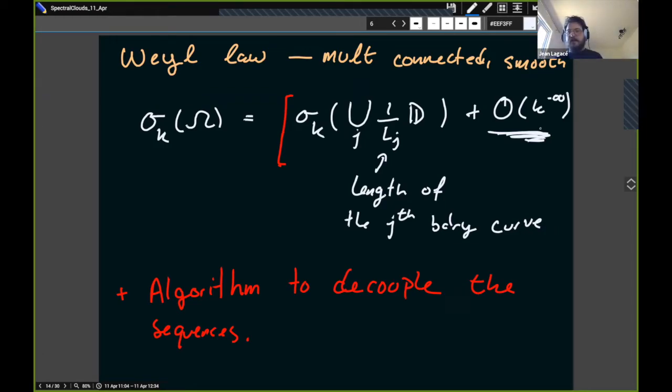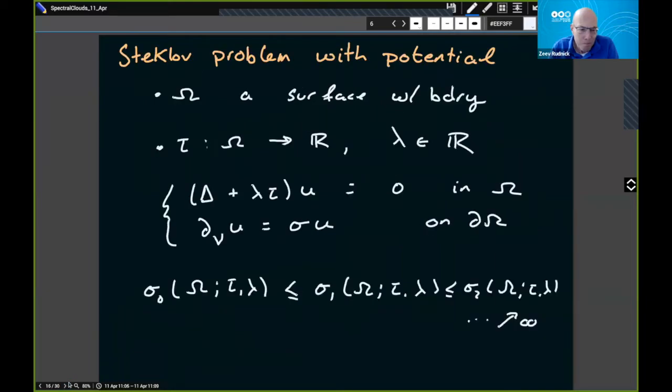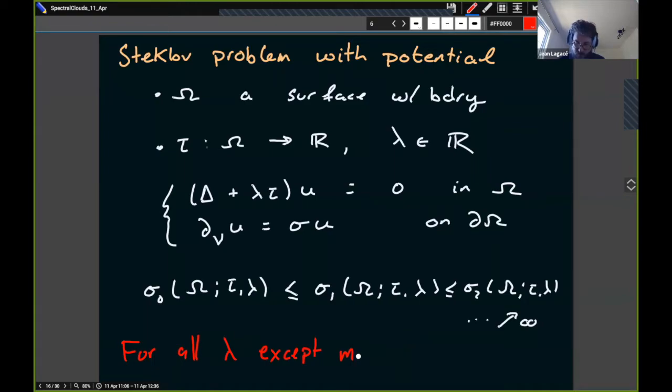But this decoupling can actually work as soon as you have a perturbation that goes to zero as the parameter goes to infinity. It doesn't need to be that small. Which is actually important in the decoupling that will happen with the potential, where in this situation we add this potential inside. The reason why I remove lambda from the potential is that this will actually be the case, this discrete spectrum looking in this way and with this problem being completely well defined. If we don't want to do anything more complicated, this works for all lambda except some